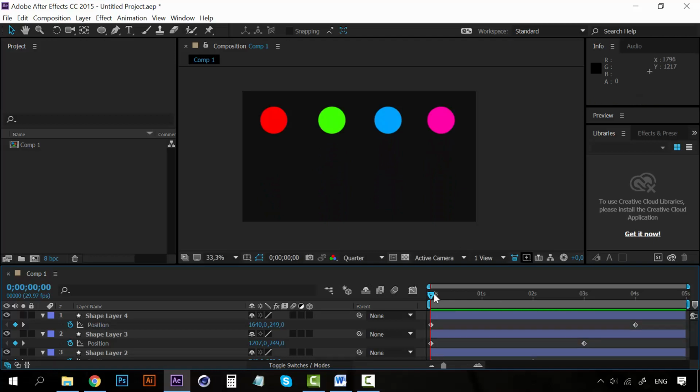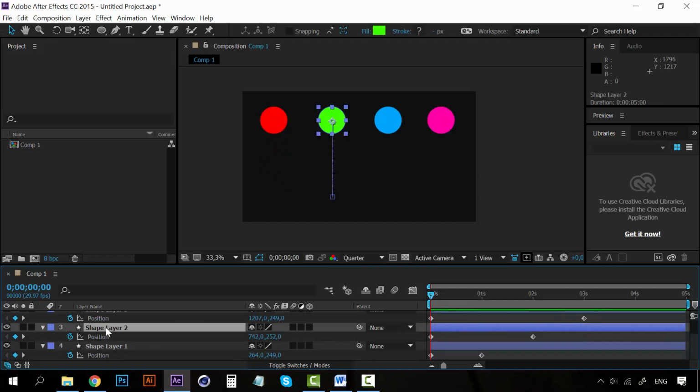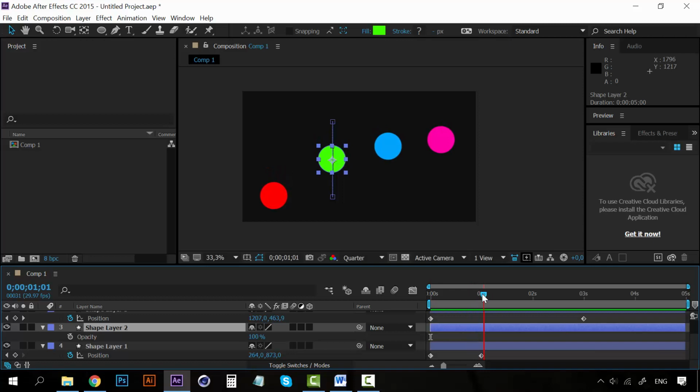Now we don't have to change only the position. We can change, for example, the opacity. For example, I'm going to take shape 2 and I'm going to take the opacity by hitting the T key on my keyboard, and I'm going to create a keyframe on the first second,